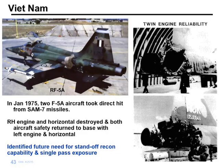In January of '75, 2 F-5s were hit with new SAM-7 missiles. Both missiles hit on the right-hand engine and blew that out, and also blew the right-hand horizontal off. Both aircraft returned to base with the left horizontal and the left engine, which was really a credit to the